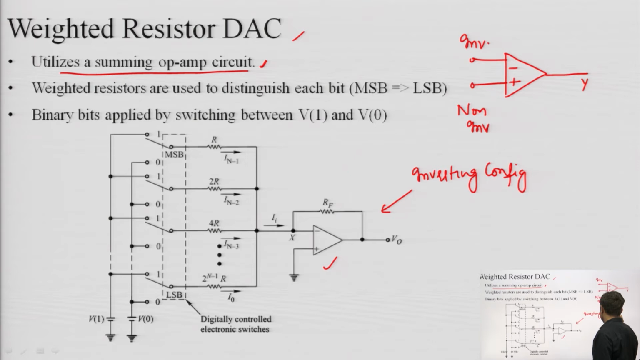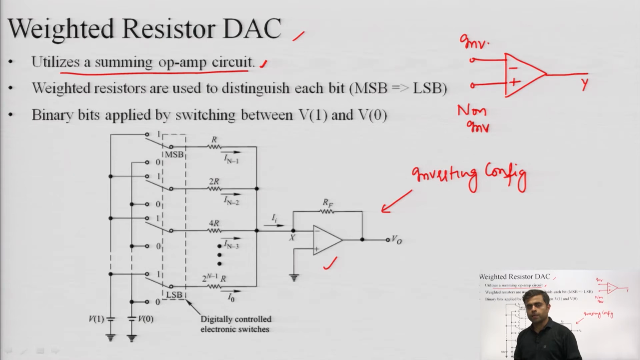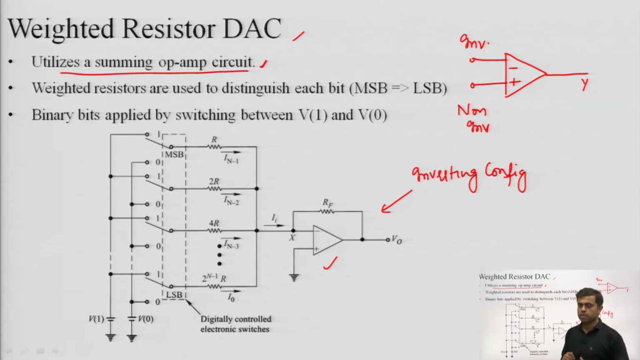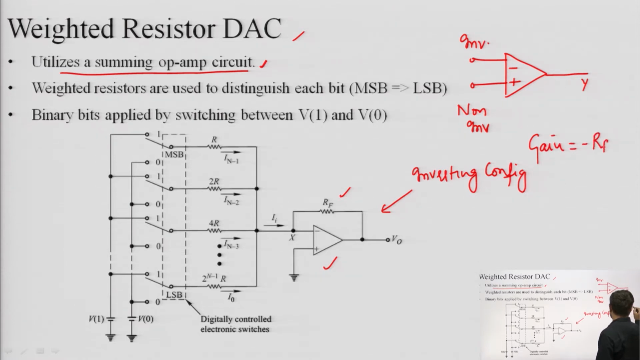As we can see, in this configuration the plus terminal is grounded, because the input will be applied through the minus terminal, or we can say the inverting terminal. That is why it is termed the inverting configuration of the op amp, in which there is a feedback resistor. So in inverting configuration, gain is